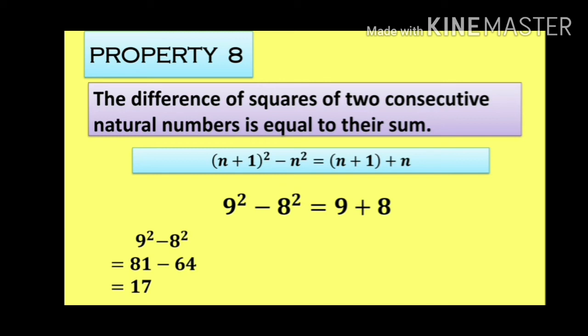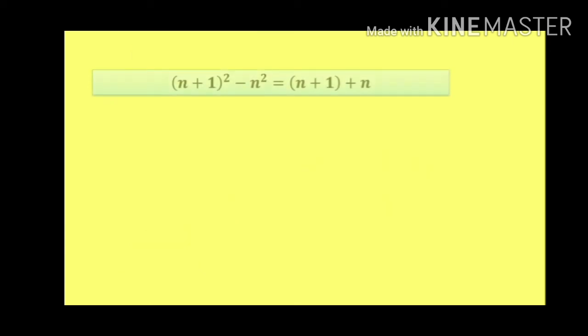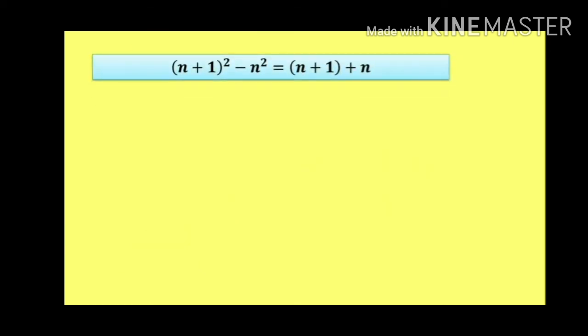Now the sum of the numbers. We have taken the numbers 9 and 8. When we add 9 and 8, we get 17. So we can say that the difference of the squares of the consecutive numbers is equal to the sum. If we find the squares and subtract, it will be equal to the sum of the numbers. The same thing can be written like this. So n plus 1 plus n on the right hand side can be written as